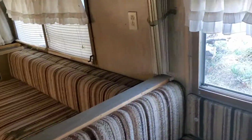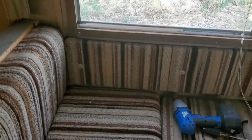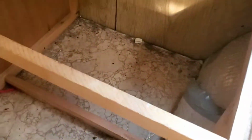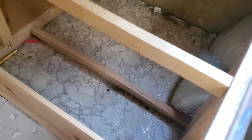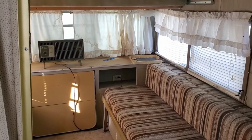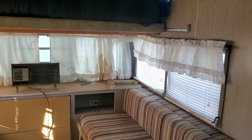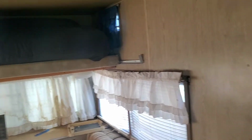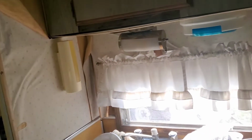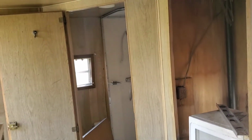And when you actually start looking back in the nooks and crannies, you can see there's no mouse poop. So yes, there's a lot of dirt and dust, but this is really in pretty good condition given the circumstances. So yeah, it's not too bad. It's going to take a little bit of cleaning up and a little bit of work to make sure that the ceiling